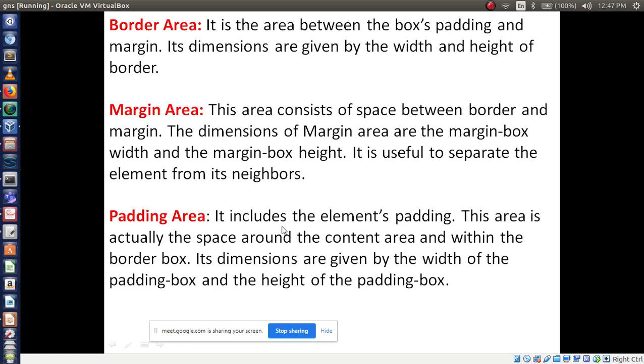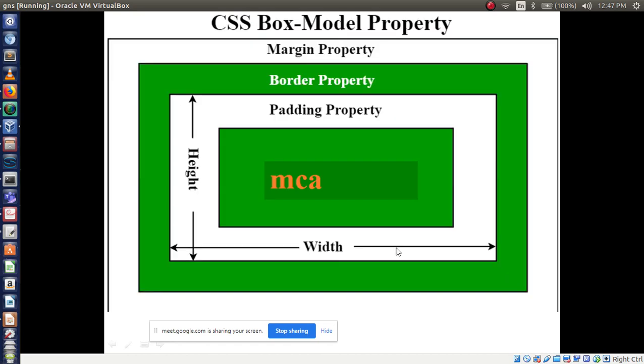And padding includes the element's padding: how much space you want to leave between the content and your border, that we can call padding. This area is actually the space around the content area. Here, the content area, how much space you want to leave, this is called padding property.